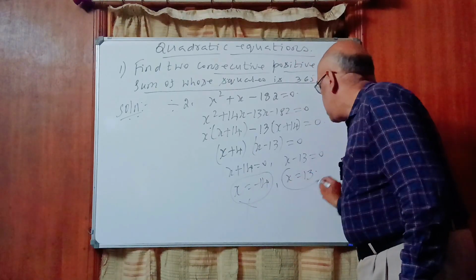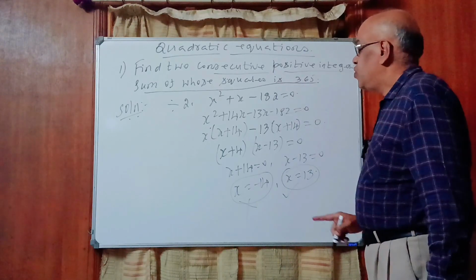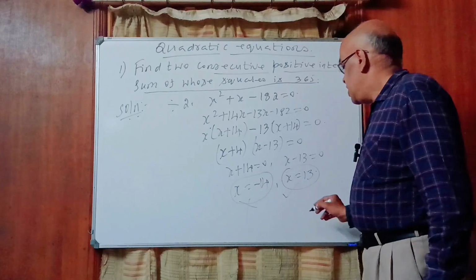Why? What is the question? What does the question say? Positive integers. The two integers are positive. This is negative. Negative is ruled out. Therefore,